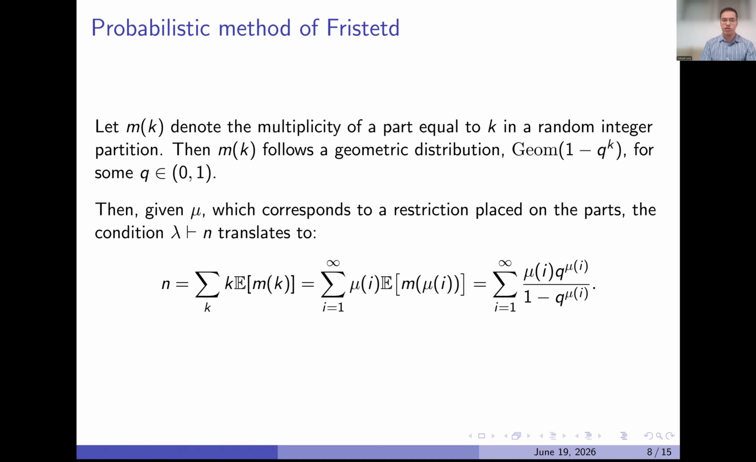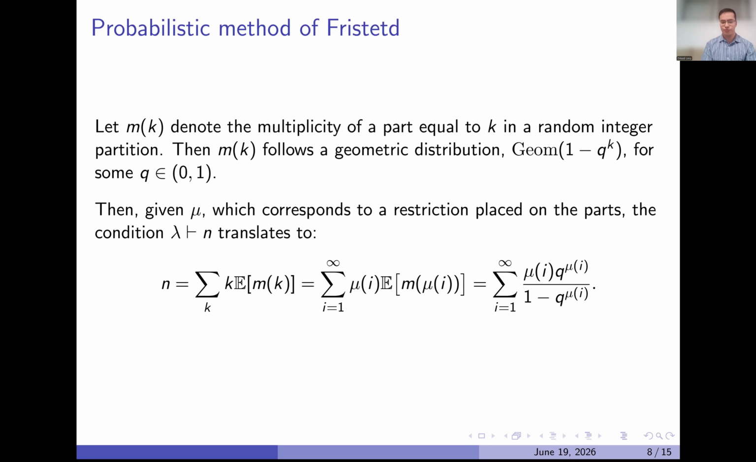Then, if we condition that the integer partition has a sum of n, this condition translates to an equation. We can write n in terms of a sum of the parts k times their expected multiplicity in the partition. Since the parts come from the image of a function mu that represents the restrictions on the parts, we can replace k by mu of I and set I to run from 1 to infinity. Afterwards, we evaluate the expected value using the geometric distribution, and thus we have an explicit expression that depends on